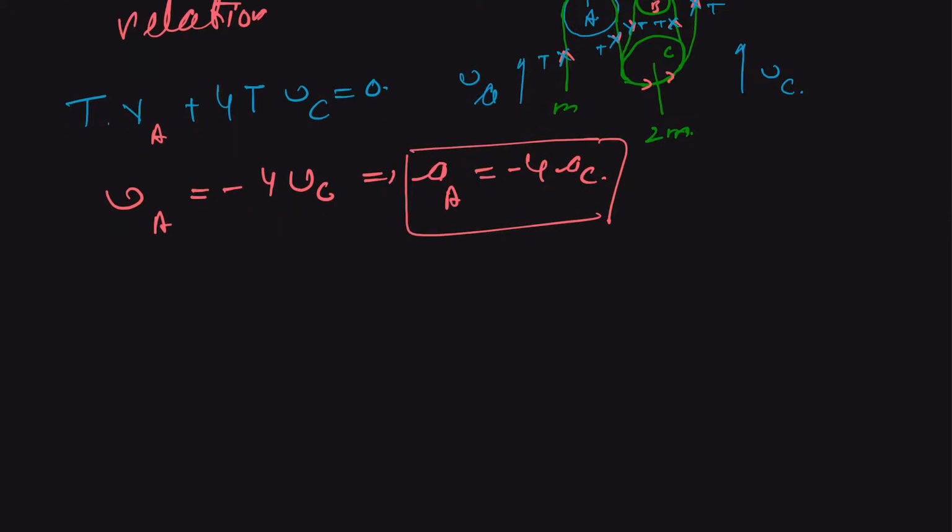Therefore, we can say for our pulley A or mass M, let me dot this pulley A. So this is pulley A, and on the left of it we are having a mass M, and tension T is in upward direction. Okay. Therefore, we can write for mass M,